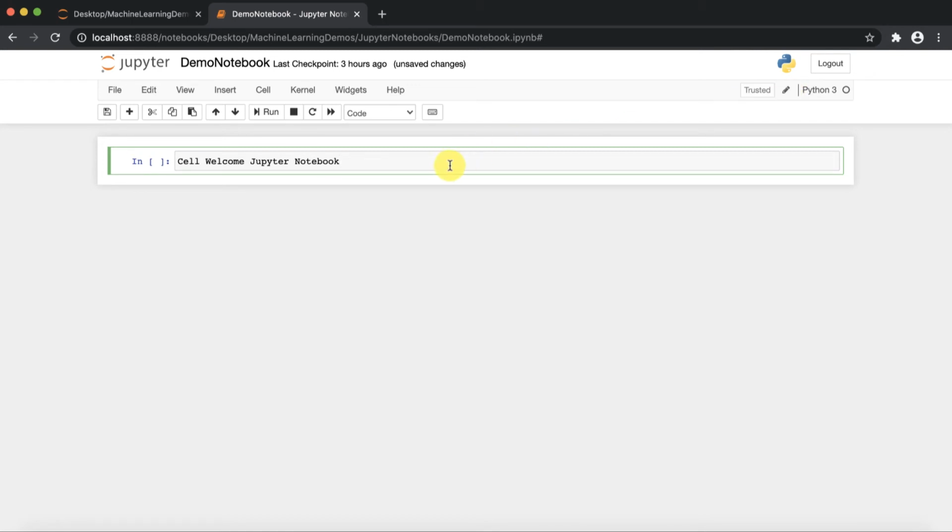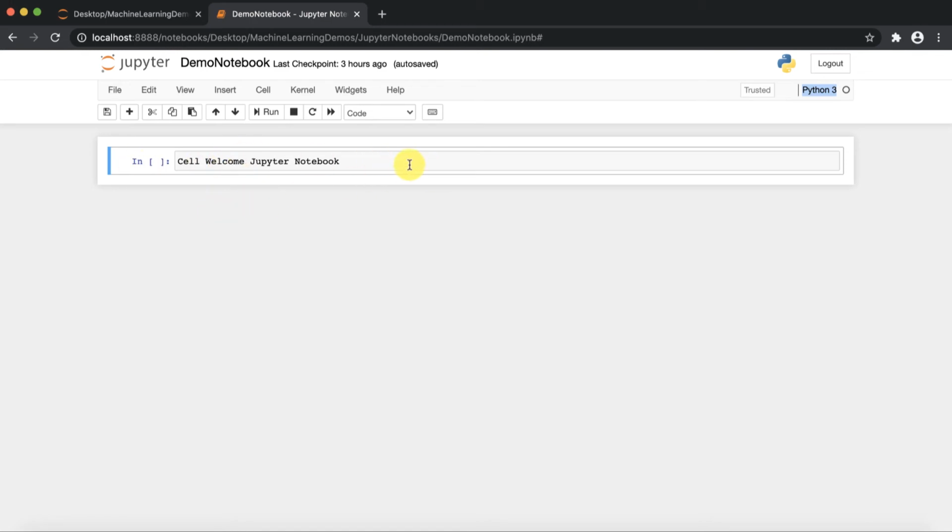Now, suppose I want to change, then I press the escape button. Now this is command mode. You come out from the edit mode and enter into the command mode. Here automatically that pen symbol will disappear. Whatever kernel is set for our Jupyter notebook will be displayed over here. Right now we have the Python 3 kernel. What the kernel is and all that we have discussed in our previous video.